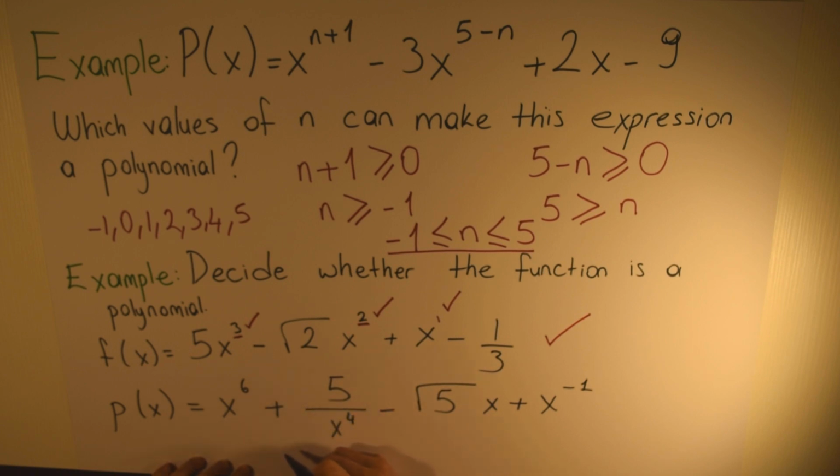Let's look at the second one. We have here x to the power of 6. This is fine. We have here 5 over x to the power of 4. We can write this as 5x to the power of -4, right? When you put this up. So which means here we have -4 as an exponent, which makes this expression